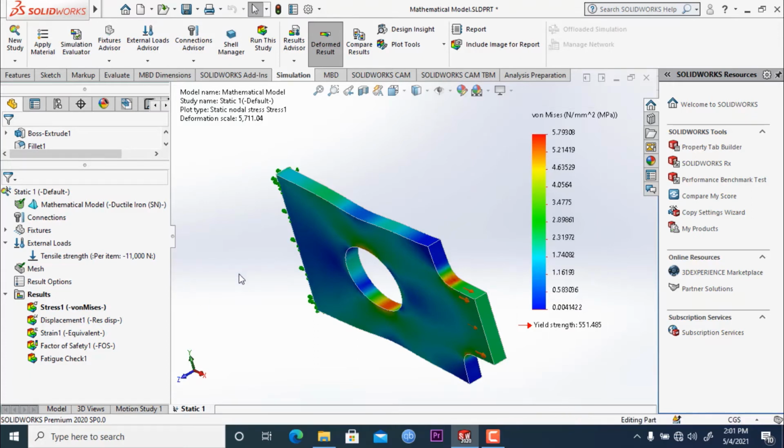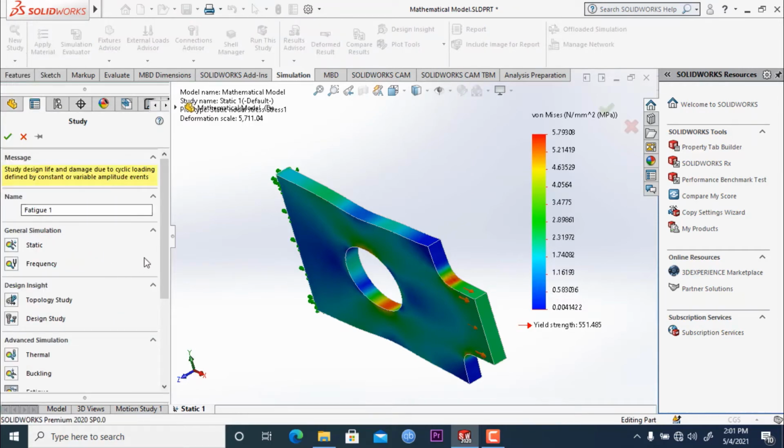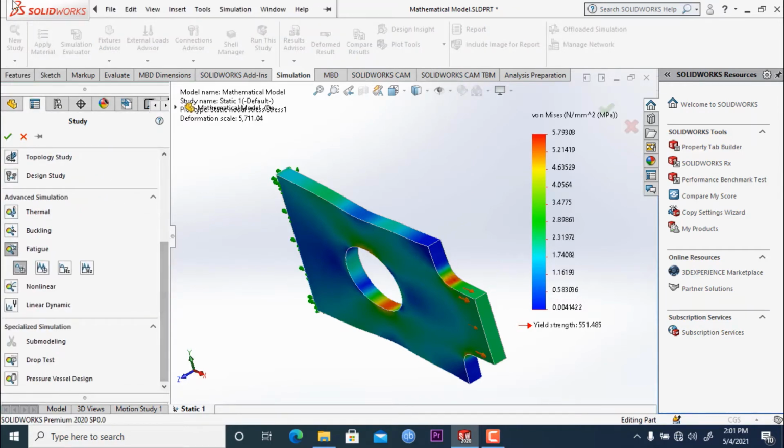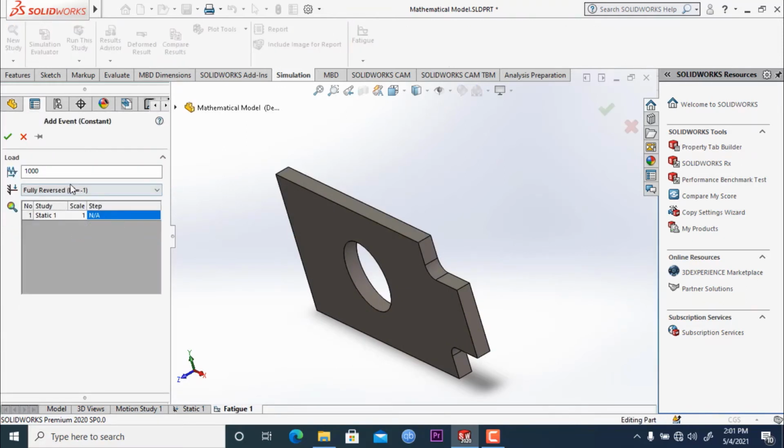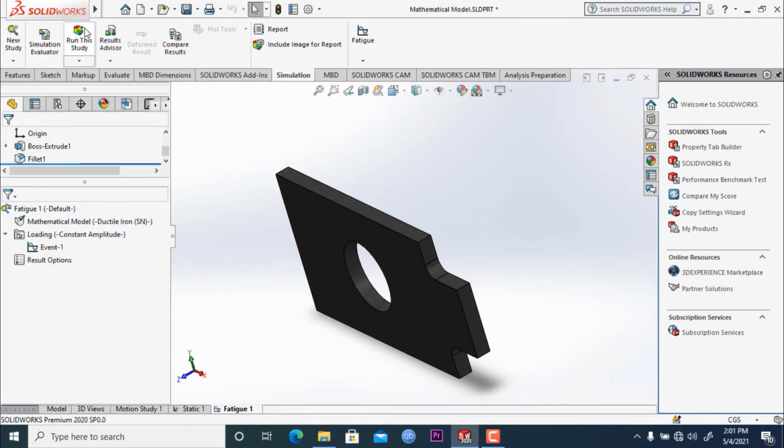Now let's again create a new study to run the fatigue test, and click OK. Now let's see what happens if we add an event and run this study. We will add the event and click OK, and let's click run study.